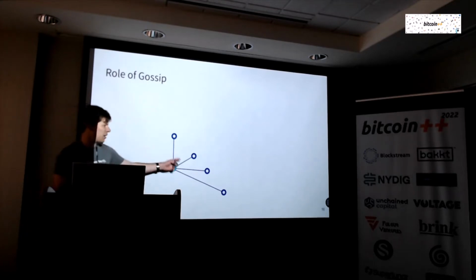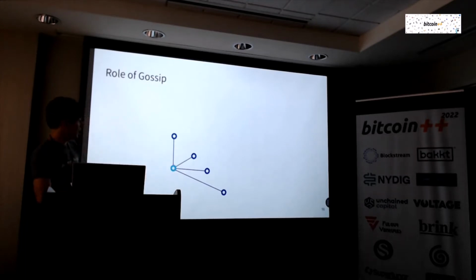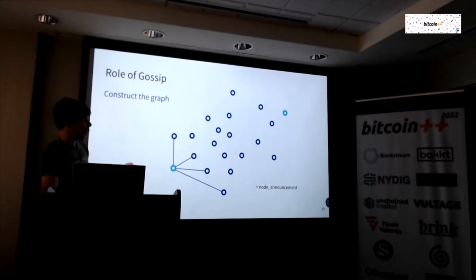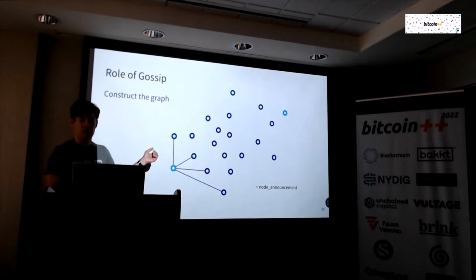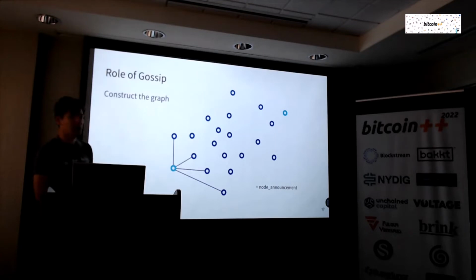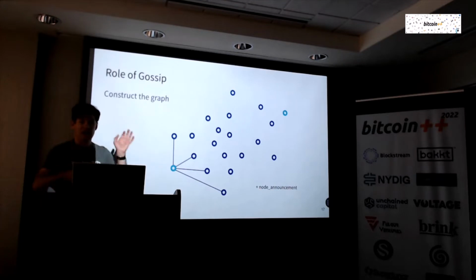So in the Lightning Network, we've got all these different nodes that are connected. We might have direct connections to a handful of them, but if we're down here in that lower left corner, we need to collect information on all the different nodes that are out there. So we do this in the form of a gossip message called the node announcement. This one gives the public key of every node, and it also gives addresses for how to reach them if we wanted to connect to them directly. So that's like your IP address or your onion address, like WebSocket, like anything you want to dream up, you can actually include that